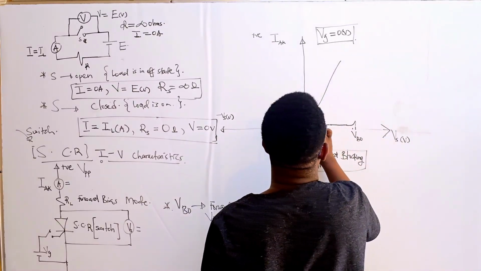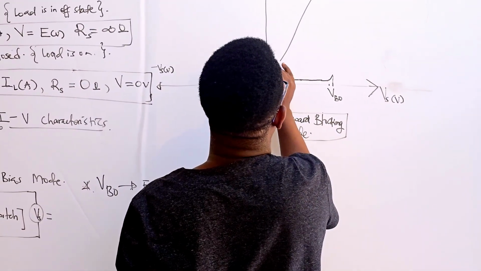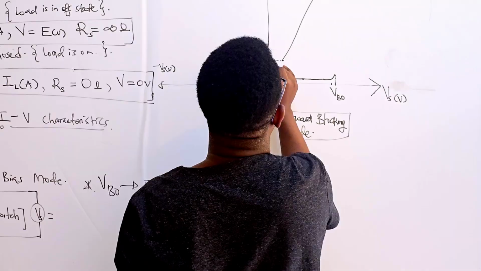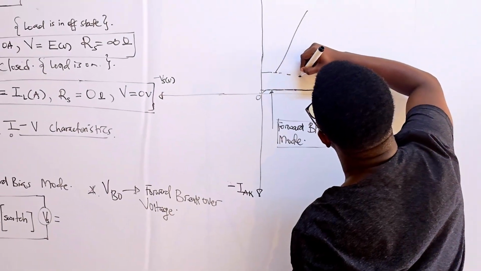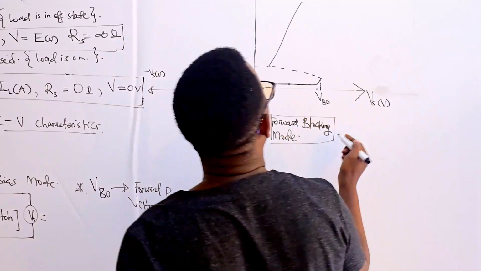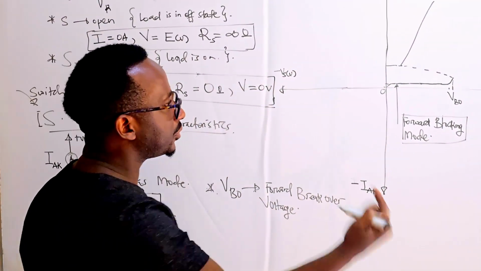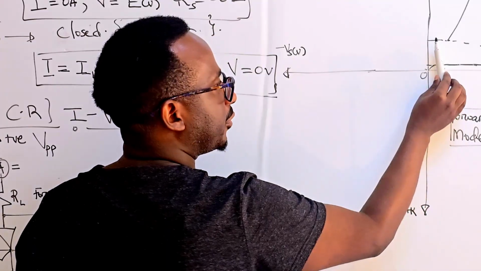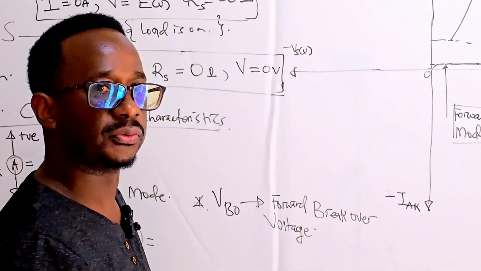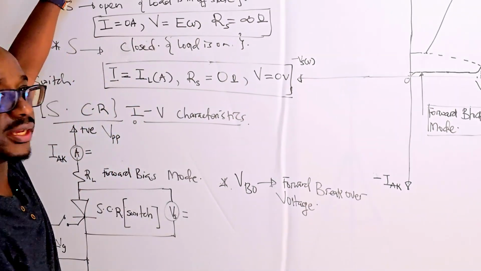The voltage drops from a very large value, VBO, to a very small value close to 0 volts,